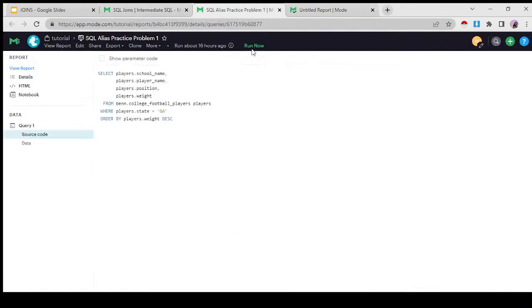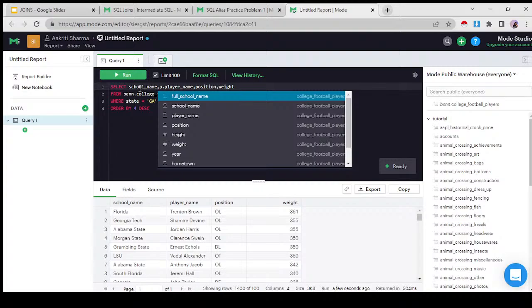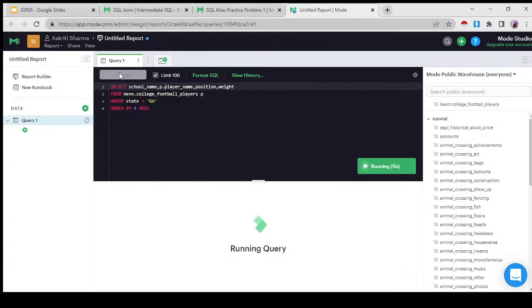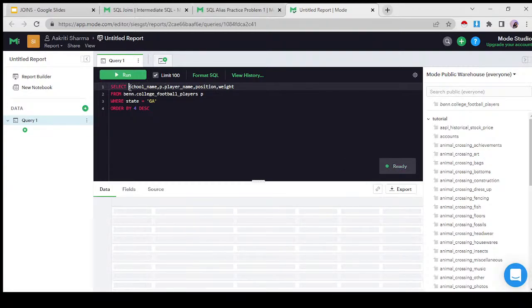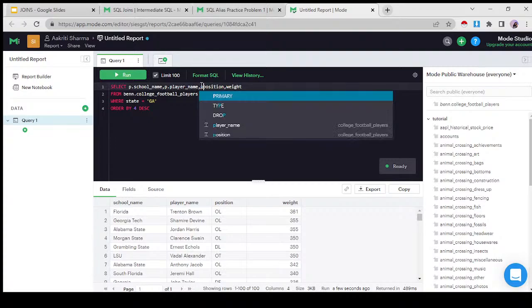It did not like my alias apparently. So why is it not taking my alias? Let's find out. P dot. Now it is working. Earlier it was not working. Why is that? I don't know.